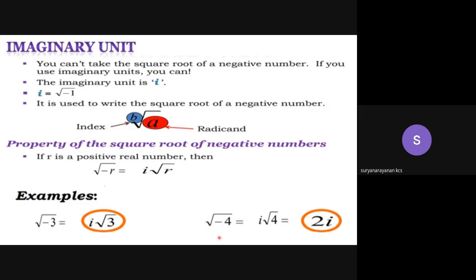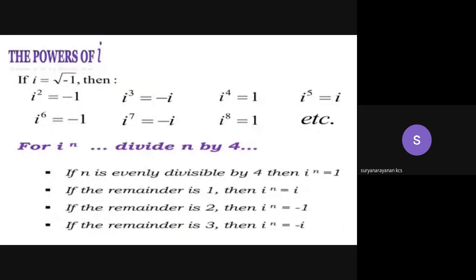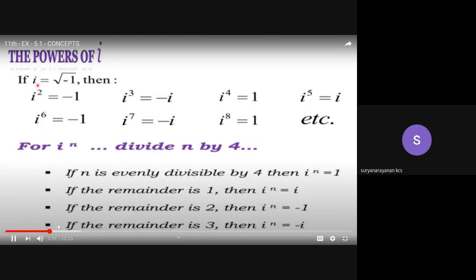Similarly, the square root of -4. Let us take this number. How can you denote it? That is equal to i into the square root of 4, that is equal to 2i. Understood these two examples, my children? Right. Now come to this point, the powers of i. What are the values of different powers of i? Okay, my children, you know that i is equal to